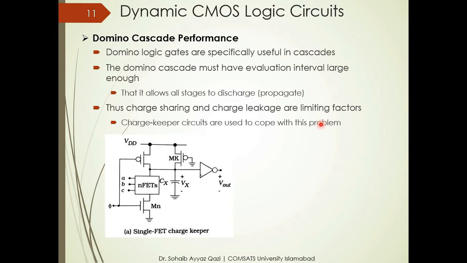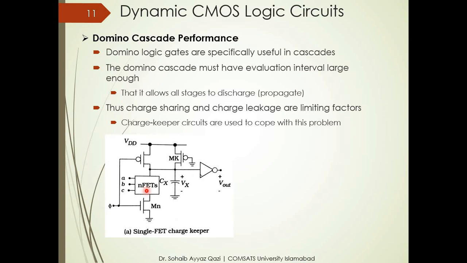To overcome the issue of shorter evaluation intervals, charge keeper circuits are used। For example, we have a single FET charge keeper circuit here। हमारे पास यहाँ पे एक PMOS है जो कि हमेशा ग्राउंड से कनेक्टेड है। इफ दिस PMOS इज ग्राउंडेड, इट मींस के हमारे पास ये जो CX है ये हमेशा चार्ज्ड रहेगा, ये ड्रॉप नहीं हो सकता थ्रू लीकेज करंट। हमारे पास दो कंडीशंस हैं जहां से हमारे पास ये जो CX है ये डिस्चार्ज हो सकता है। एक कंडीशन ये है कि हमारे पास एनफेट्स सारे टर्न ऑन हो जाएं और हमारे पास एक पाथ यहाँ से बन जाए जो कि इसको यहाँ पे आपके पास ग्राउंड पाथ से लिंक कर दे और हमारा जो कैपेसिटर है वो डिस्चार्ज हो जाए। सो इट मीन्स के देयर इज अ लार्ज करंट दैट विल फ्लो फ्रॉम दिस पाथ।